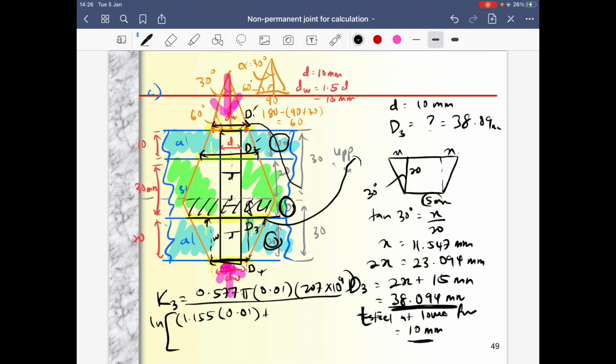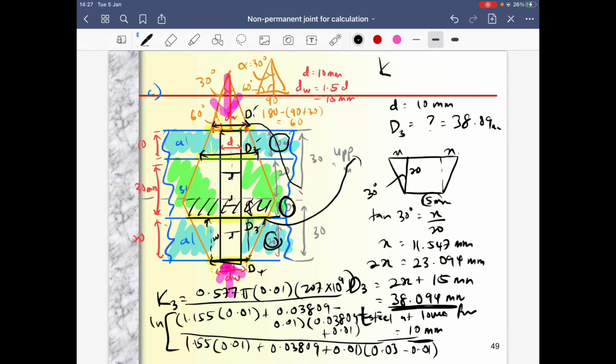Change it to meter, it becomes 0.03809. If you take just 0.038, it is also okay. Minus 0.01, and then open a new bracket for the second one, 0.03809 plus 0.01. Then K3 is equal to 29.07